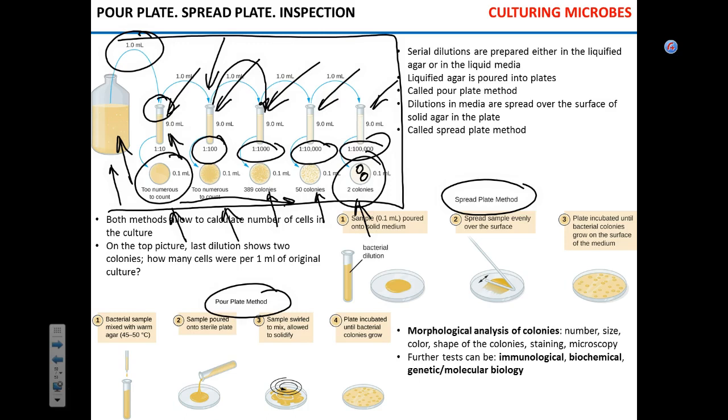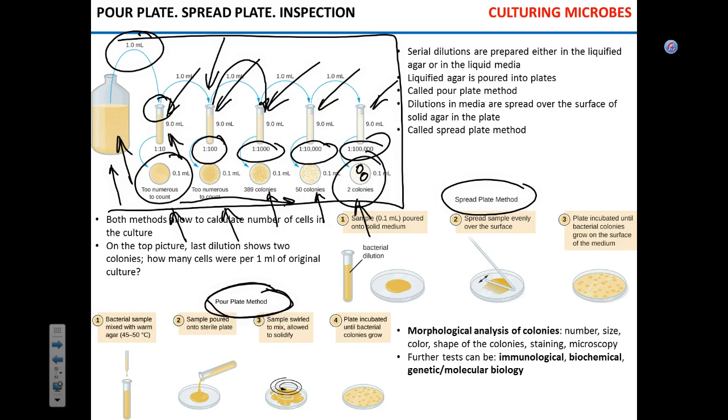Make sense? Now, this is going to be a part of the next week lab, and we're going to do calculations together. So you're going to work as groups. Each group is going to have your own set of serial dilutions, and you're going to calculate what was the concentration of bacteria in your original sample. Now, speaking of practical application, how can you perform analysis of serial dilutions? Approach number 1 is the pour plate method. This is the one that we're going to do.